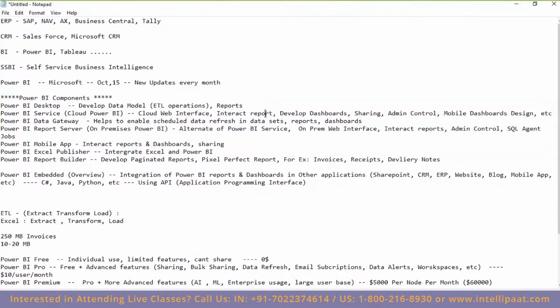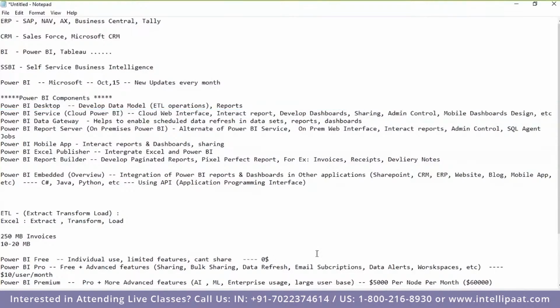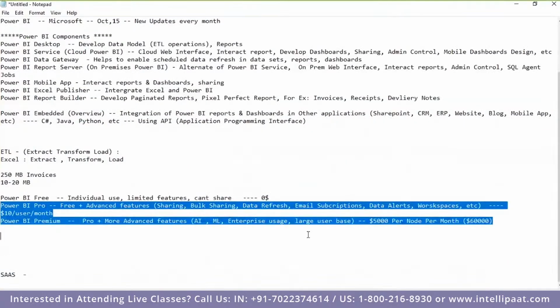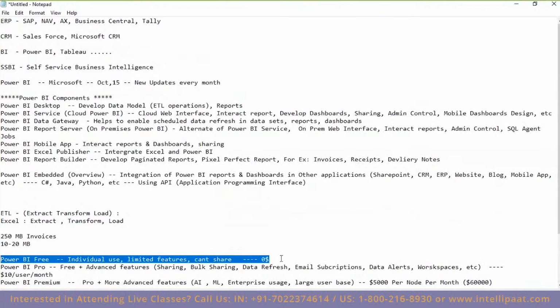And even for Power BI Service, it is free right now, yes, no doubt, but it's just a strategy of Microsoft to become a leader, to become number one in the market. Once it is in the number one position, they will stop this free license. Then what will happen? Everyone will have to move to Pro or Premium at least. So that's why Microsoft says that free you can use as an individual user, but it is not recommended